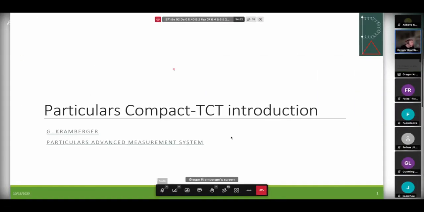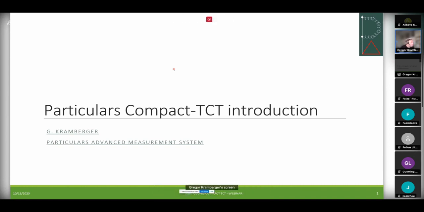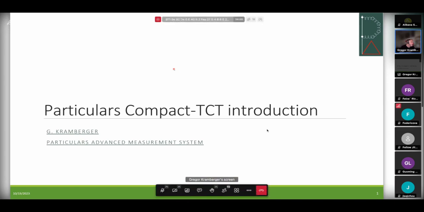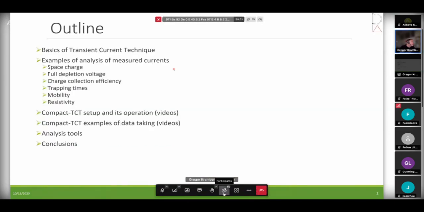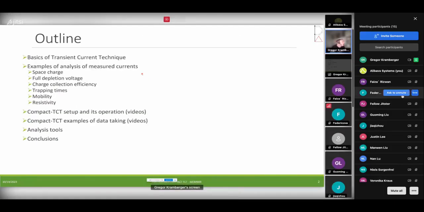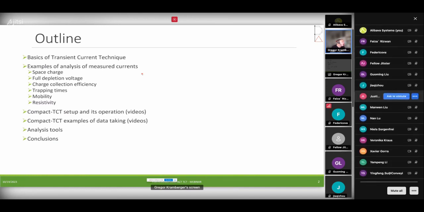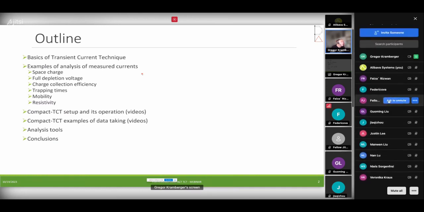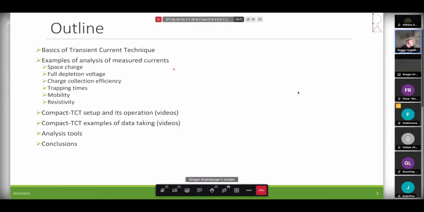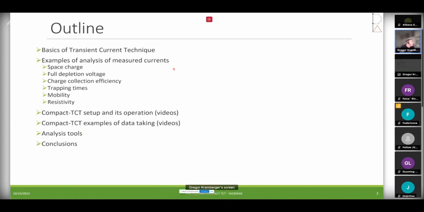Okay, I'm going to talk about the compact TCT, and here is the outline of that talk. I will mention basics of transient current technique, so for those who may not be so familiar with the concept, then I will list examples of analysis of